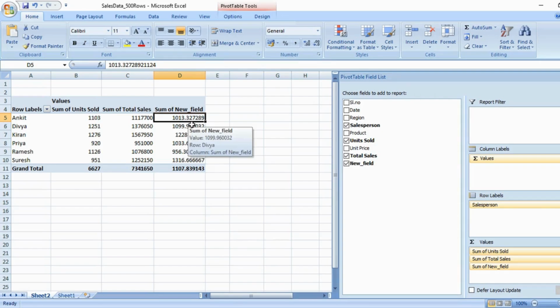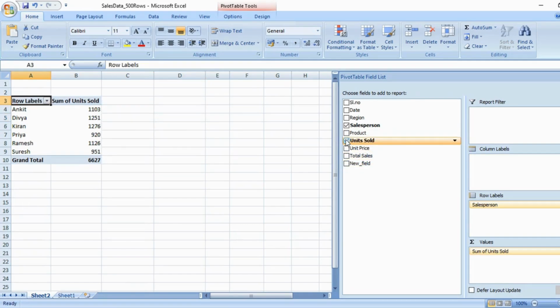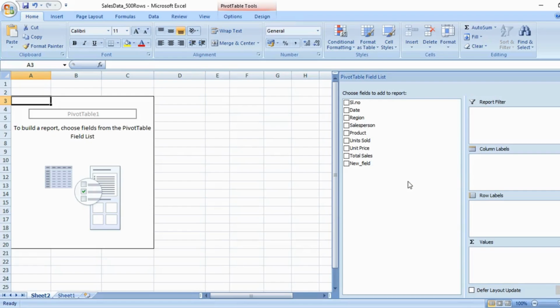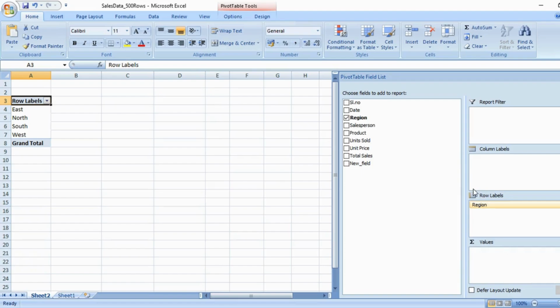So this is how, if you want to introduce another kind of field in the pivot table, you can do it. Okay, so this is another way you can analyze things. If you want to compare the products across the regions, that you can also do. Let me untick these things and I will show you another thing. Suppose you want to compare products across the regions. If I put region in the rows and product in the columns,